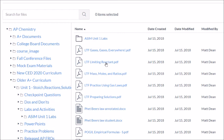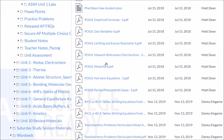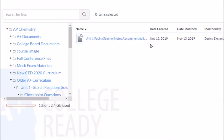Some of them are Science in Motion labs. But these are labs and activities that we as teachers who have taught for a very long time know get great results with our kids. There are a lot of resources, as you can see, sometimes way too many, but if you look at the teacher notes and pacing part of each unit,